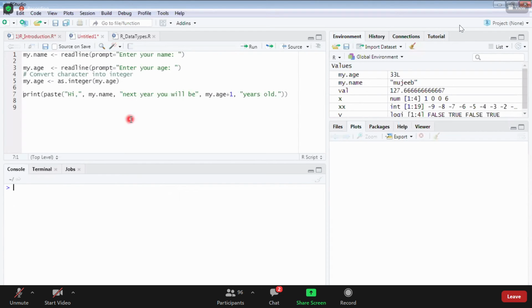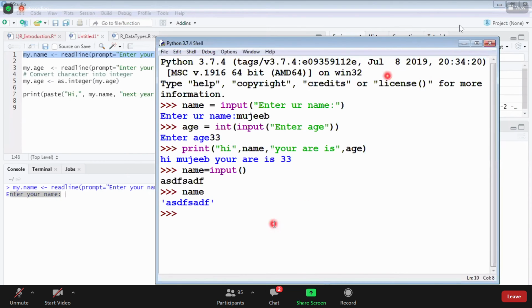Generally we don't execute like this. It is not so complicated. What this run is doing is copying every line from your script to your console or terminal and executing it. Listen carefully, this is very important. Another way of running, the actual way of running a script, I am going to teach you. If I press enter, you can observe that this line is being copied here and then executed. It is like working on the Python shell or GUI.